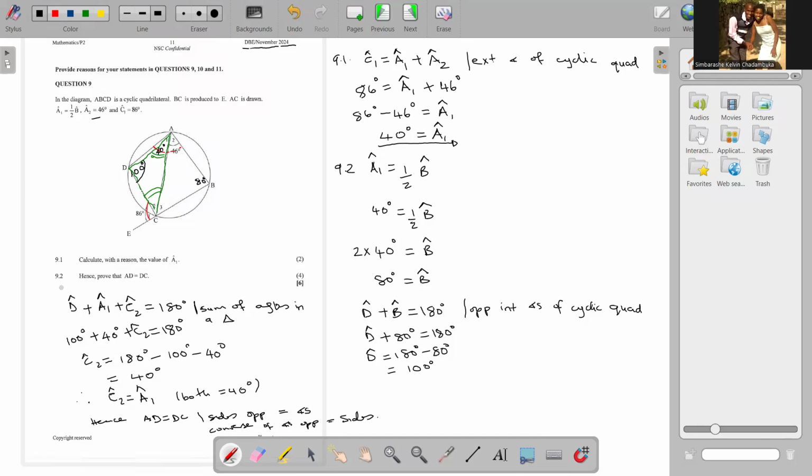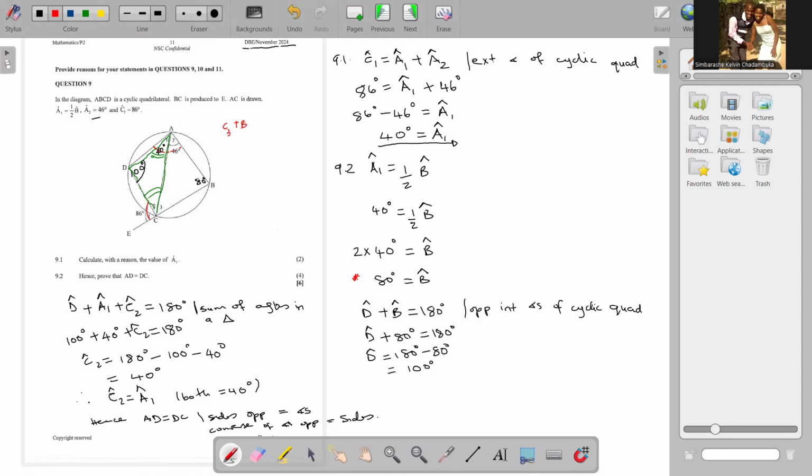Here on this question 9.2, it is also important to note that, as they say in Euclidean geometry, there is no royal way to Euclidean geometry. It was important to note that after someone had calculated that B is equal to 80 degrees, instead of using the cyclic quad, from this step here, someone would just come and calculate the angle C3. So it means someone was going to come and say, therefore, C3